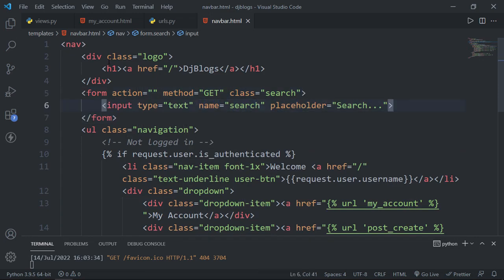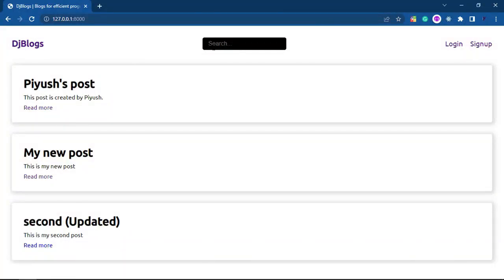So if I type here, let's say new, and press the enter key, in this address there is something new added, which is question mark search equals new. Now we can get the value of this search, and we will see if the title of the post contains this word, or if the description of the post contains this word, then we will display that post. So